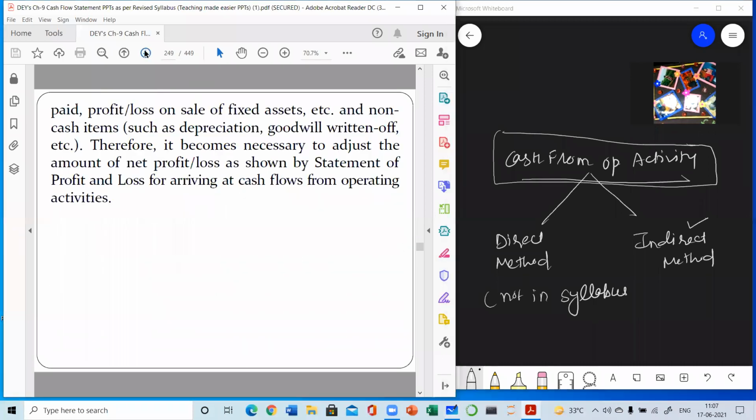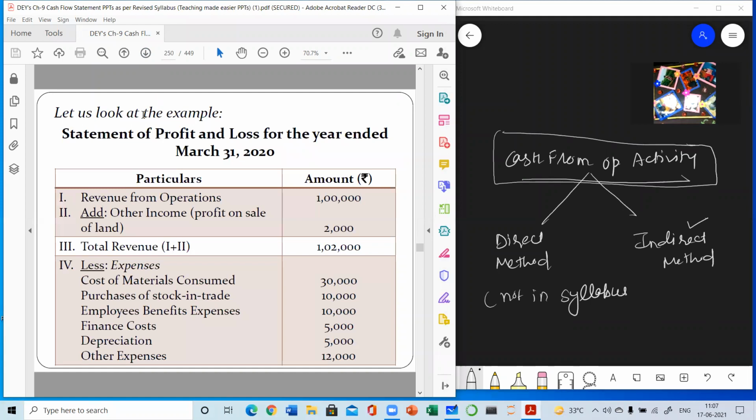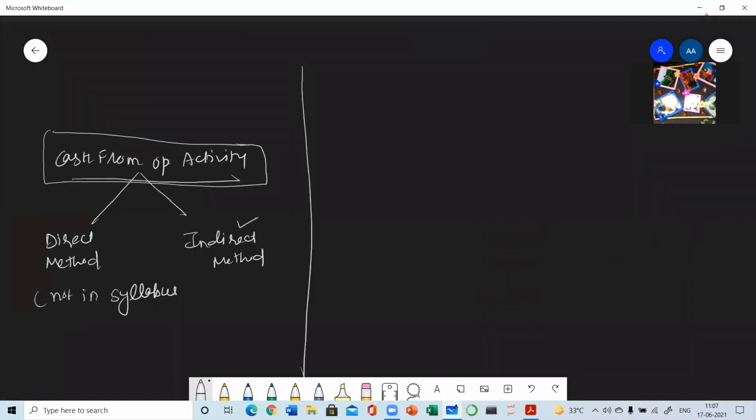So what are the steps to know about the profit? Write down the first step while calculating the cash flow from operating activity. First of all, we have to make a working note. This is step one. The whole format of cash flow is divided into around 10 steps. So this is step one, working note. In each and every question, you need to prepare this working note. Write down how this working note will be prepared. In the question, net profits will be given to you.